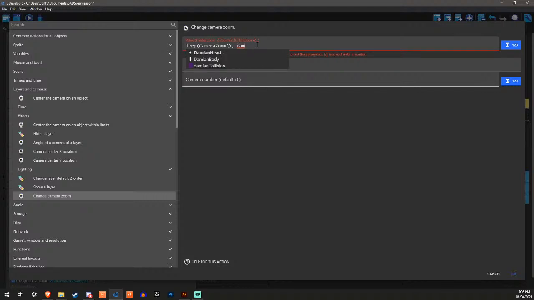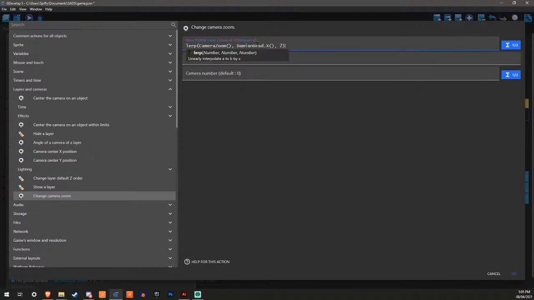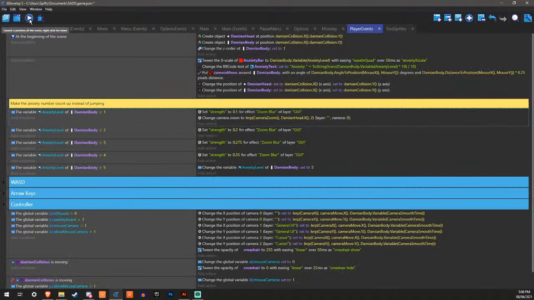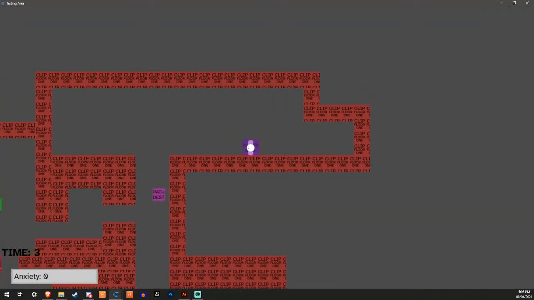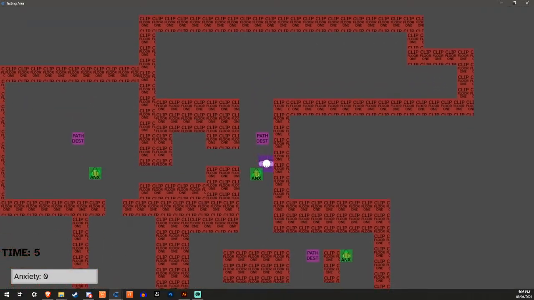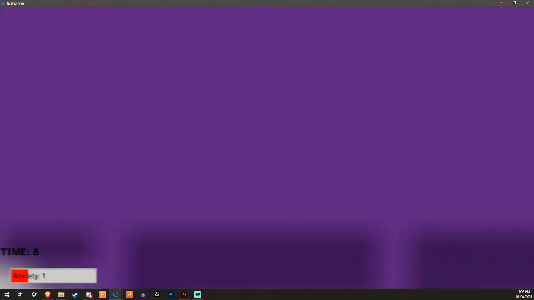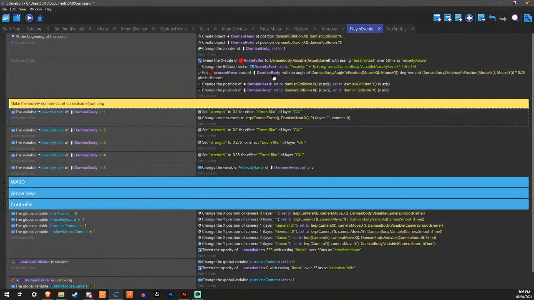I'll just do this. I guess 2. And then camera number 0, of course. Base layer. I hope this works. What the? Okay, that is not what I wanted.